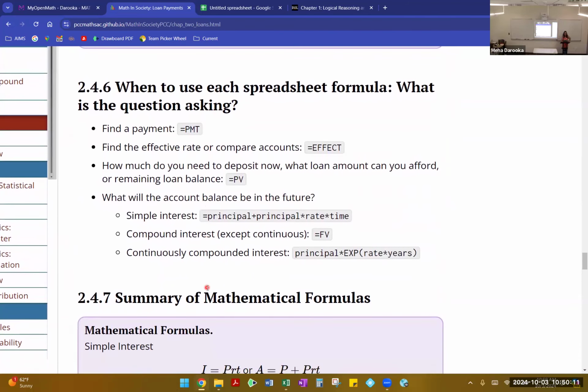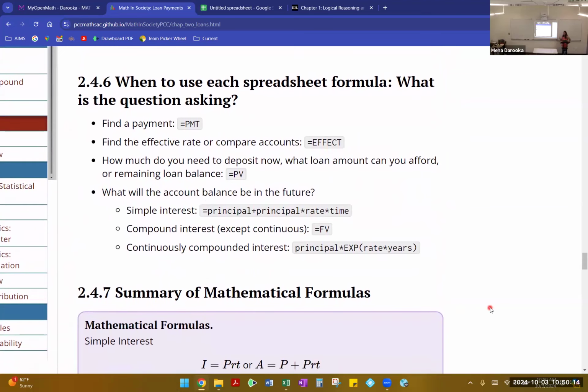For the spreadsheet, they're again giving you examples of when you would use which formulas. Of course, if you're trying to find those regular payments, that's the PMT. If you're trying to compare accounts that may have different interest rates and different compounding periods, like we had seen, then you would use the effective rate, because that gives you the annual percentage yield. So then you can compare and say which account is going to give me a higher interest rate. If you are trying to figure out how much you need to deposit now, how much you need to borrow on your loan, or what your remaining loan balance will be, in those examples, you use the present value PV